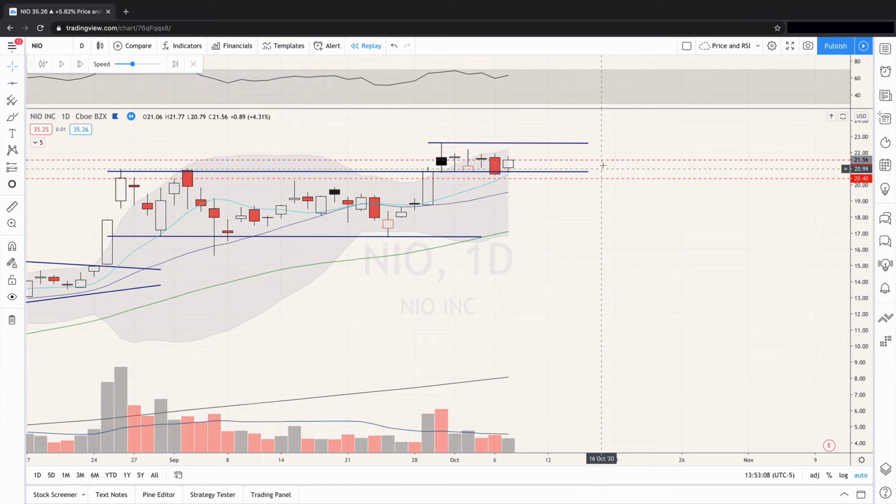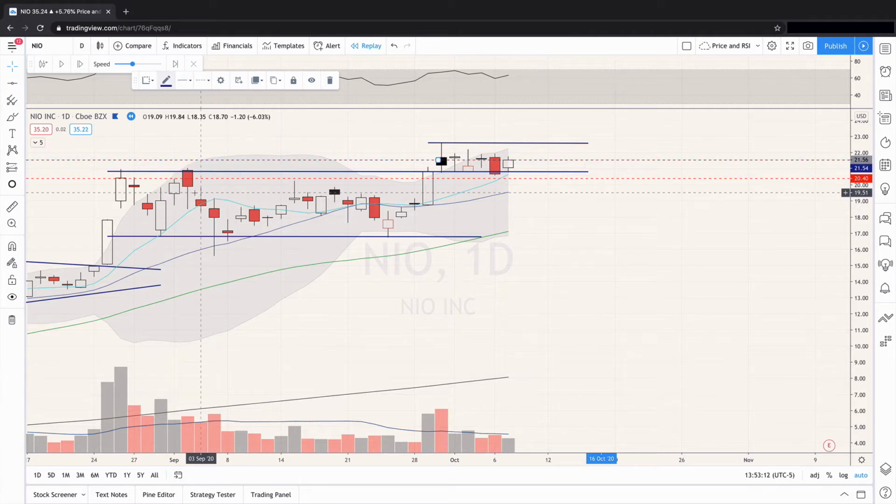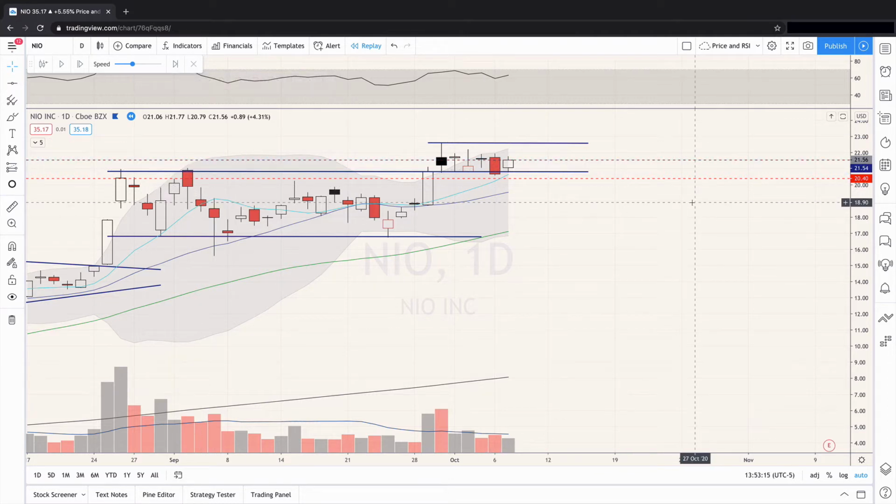The reason I entered here, and this is roughly where I entered, is because in the summer, in a very trending, uptrending market, you were getting paid to take that risk of entering early, entering in anticipation of a breakout. You would actually do very well because there were a lot of gaps up in the morning. Things were moving to the upside quickly, and almost all breakout patterns were breaking to the upside. So you actually could take that risk and be aggressive. This is our choice to be aggressive if we take the entry here.